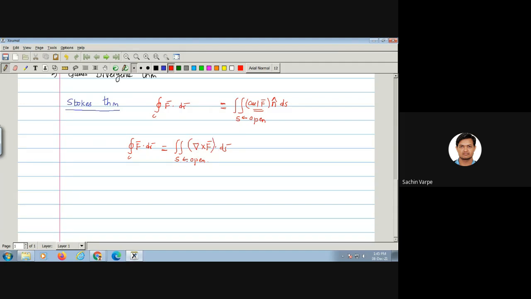Now, what is meant by this open surface? Open surface is just like, suppose, a circular region in a plane. For the circle, we consider only its boundary, right? So its interior will be open in that case. This is an open surface bounded by this closed curve C. Such an open surface will be there, and then only we can use the Stokes theorem. So this is a surface S which is open, and that is bounded by a closed curve C. So we can use the Stokes theorem here.